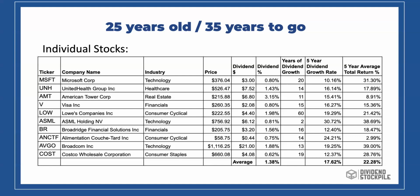Alimentation Couche-Tard is a Canadian company, and the name is a little funky, but you'll probably know them best as the parent company of the Circle K convenience stores, Broadcom, and Costco. Most people in the United States and around the world have heard of Costco, and I bet many of you have Costco memberships. Overall, these companies, when combined at equal weight, will give you a current dividend yield of 1.38%